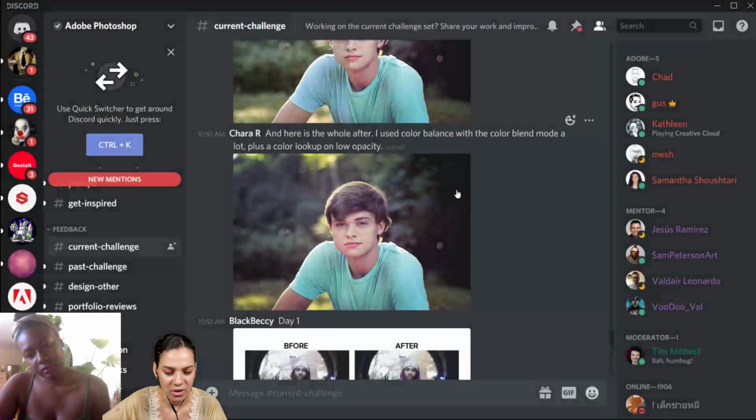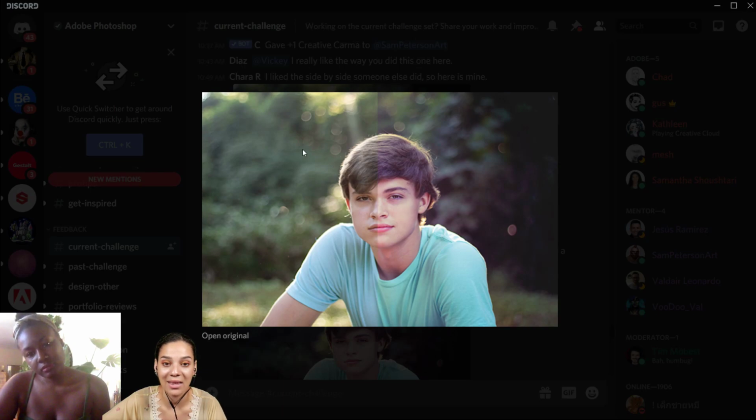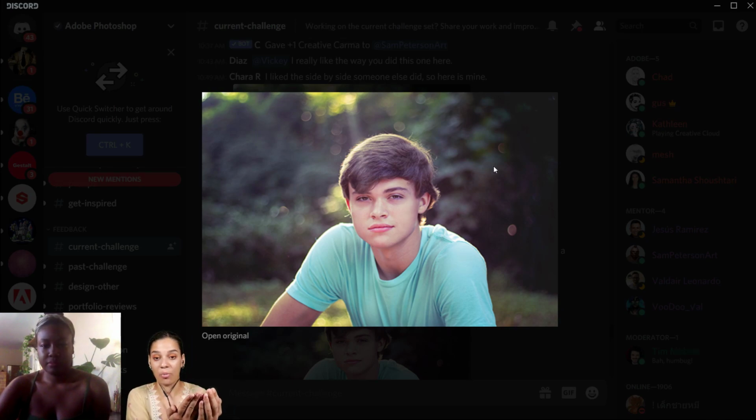And personally, when I look at the before, it actually looks like the background was much, much lighter and closer in value to the subject matter, the person here in this photo. And then now in the final version, the background has been darkened in a really nice way, and the character and focal point pops out, which I really appreciate. I think that was a good choice. What do you think? I agree.